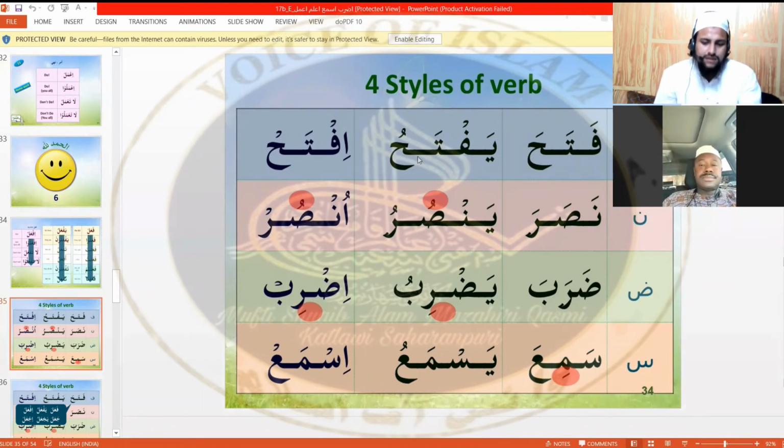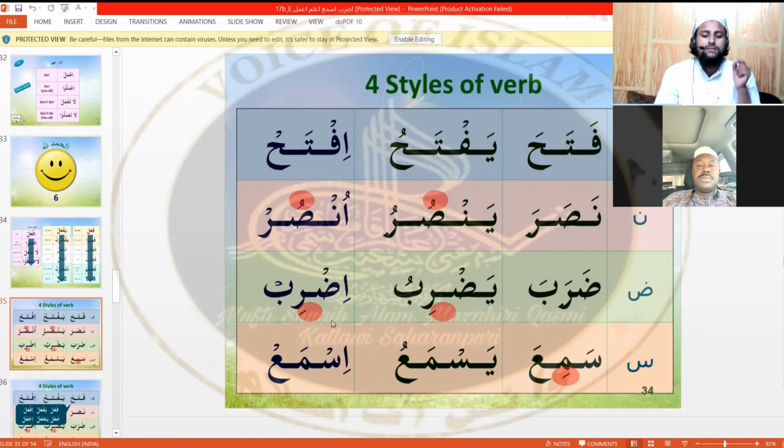Let's talk about mudari'. This is the line of fi'l mudari' words. Yaftahu; the change is in yansuru, dhamma on sad. Then yadribu, kasra under ra. Then yasma'u is just similar to yaftahu. Iftah, fi'l amr, imperative, and unsur, two changes: dhamma on hamza and dhamma on sad.